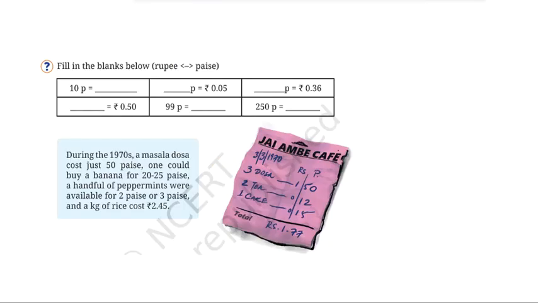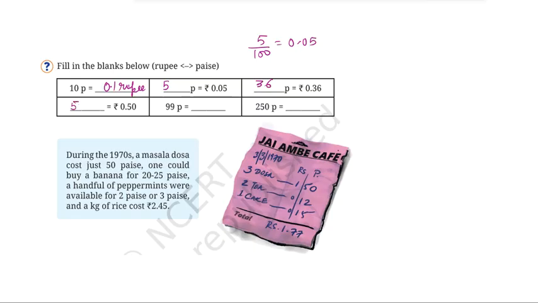Fill in the blank. So 10 paisa will be equal to 0.1 rupee. 10 paisa over 100, करेंगे हम तो वो 0.1 rupee हो जाएगा. Now how many paisas is equal to 0.05? So 5 paisa. तभी तो when you divide 5 by 100, you will get 0.05 rupee. Isn't it? Then how many paisas is equal to 0.36? So you may say 36 paise is equal to 0.36 rupees.